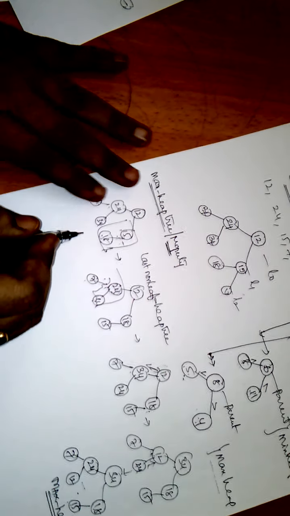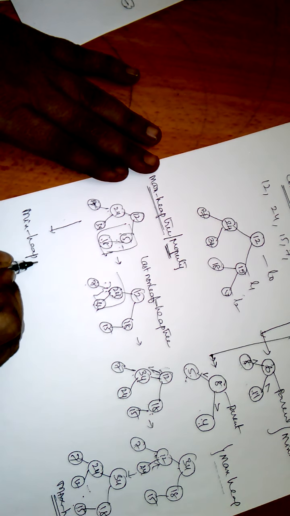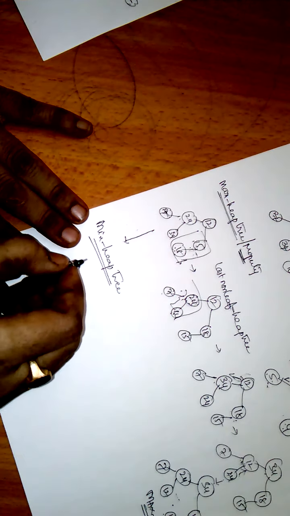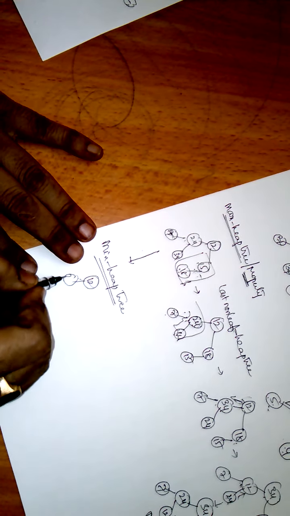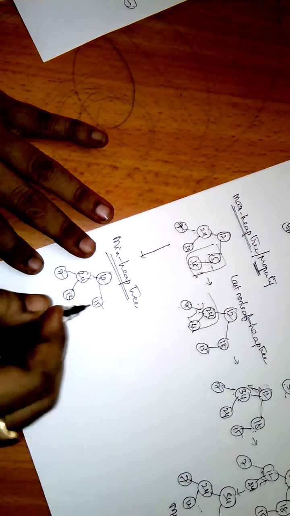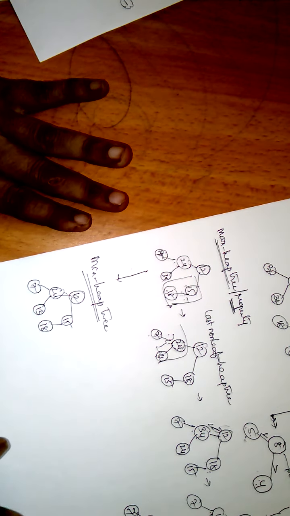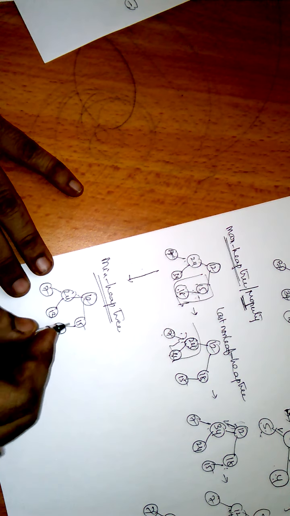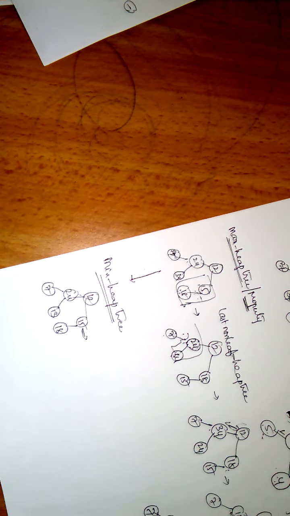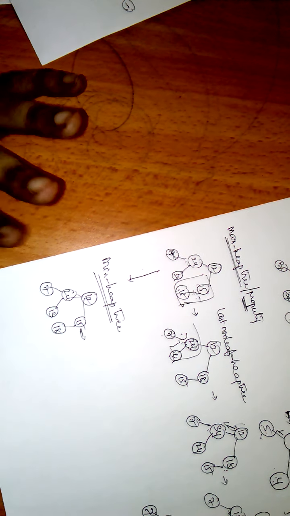Next, for the same tree we will construct the minimum heap tree. Here we have the heap tree 12, 24, 15, 7, 13 and 18. First find the last non-leaf node. 15 is the last non-leaf node. Now what is the minimum heap property? The parent should have a smaller value than its child nodes.